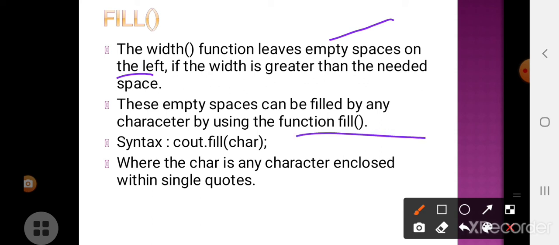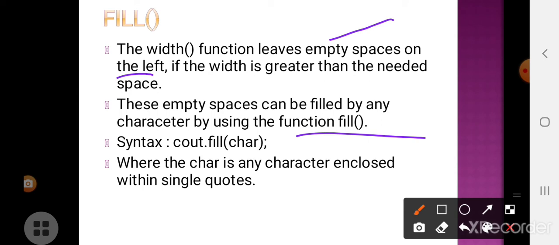Any special character can be used to fill the empty spaces. So the fill function is able to fill the empty spaces which were left empty by the width function.